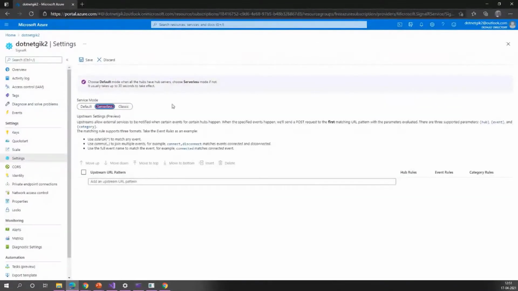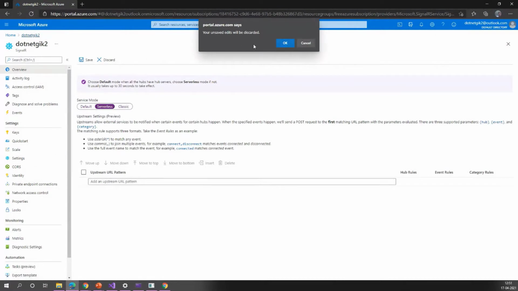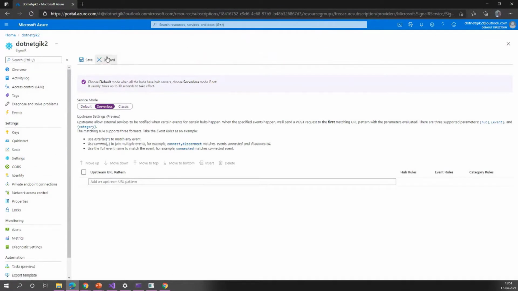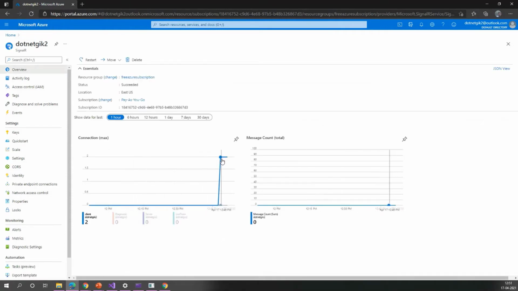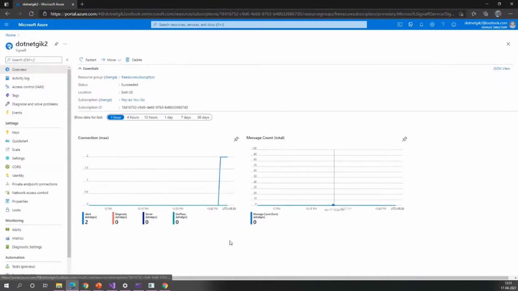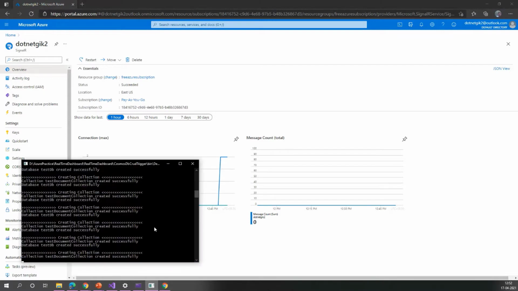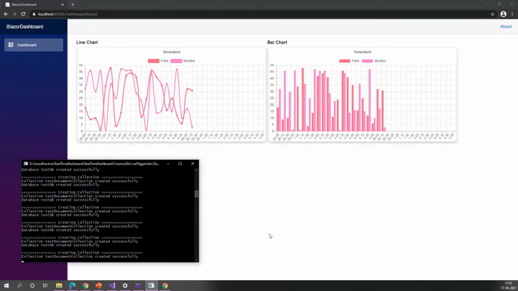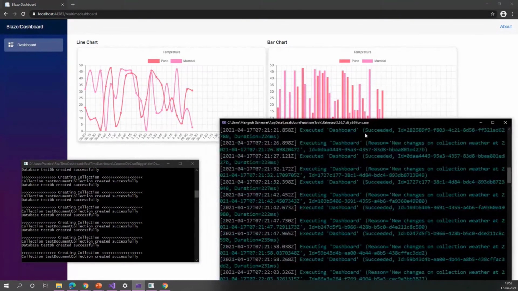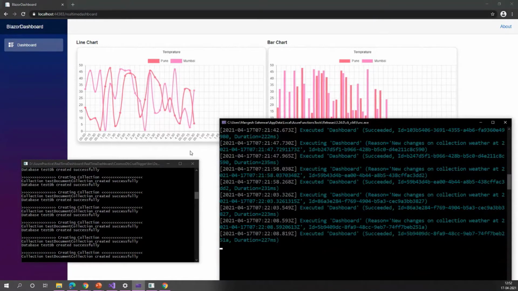If you see the service here, you can see the number of clients which are connected is two. You will be able to see the traffic, or the number of connections which are there. So there are a couple of things that you can observe from there. Here you will see. So yeah.